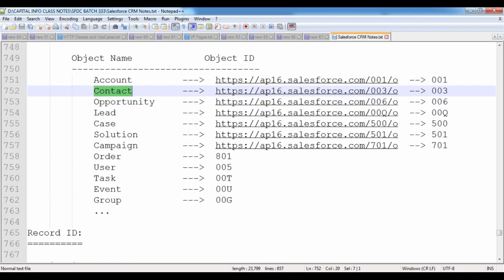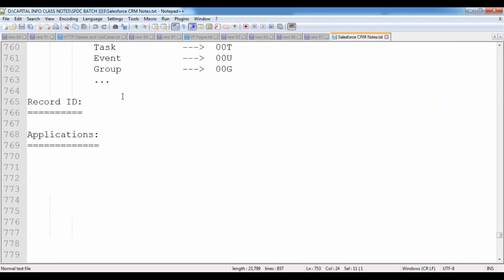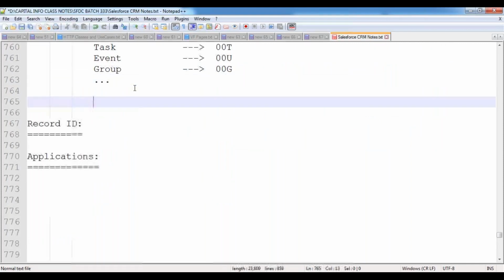Why? What is the use of remembering this object ID? What is the significance of using these object IDs? Let's see practically. By using these object IDs, we have two benefits.